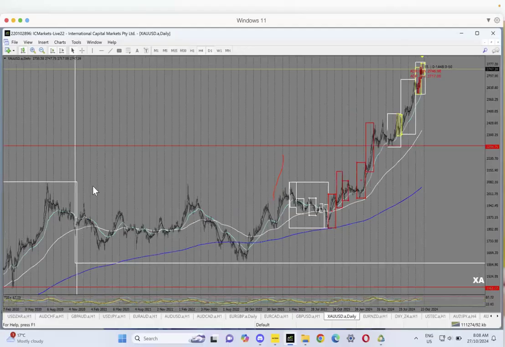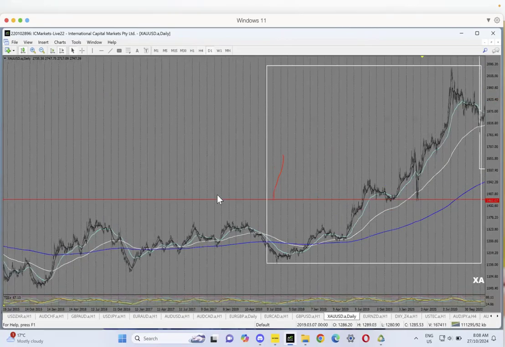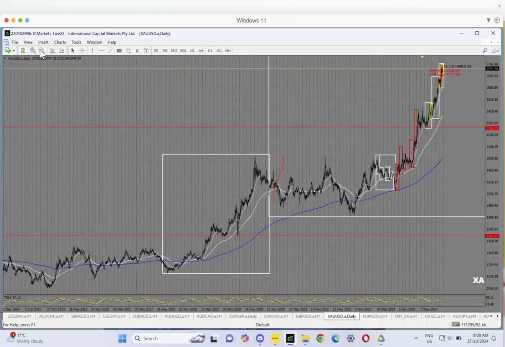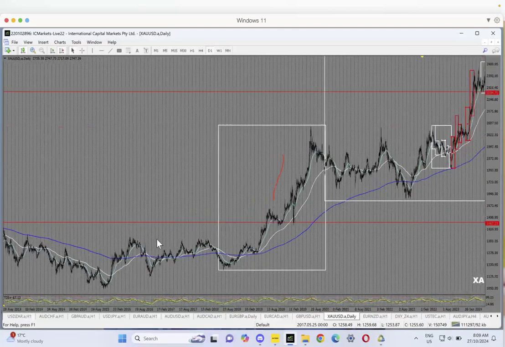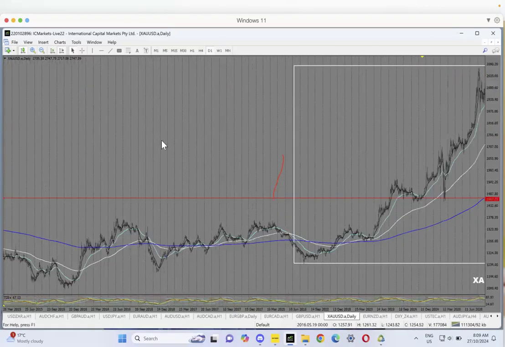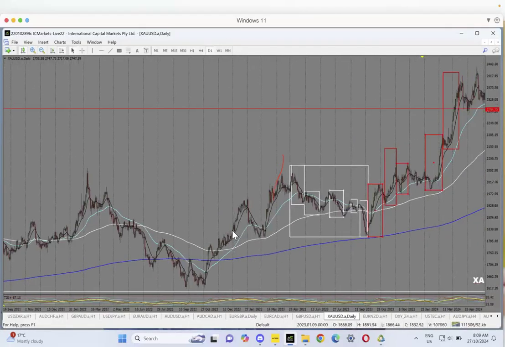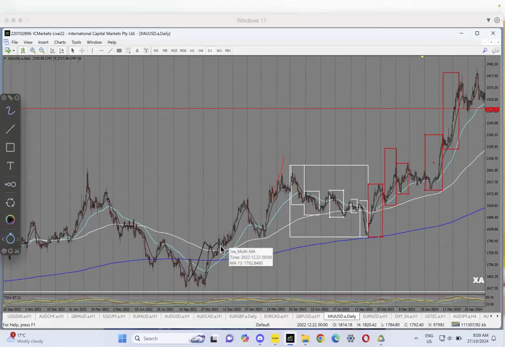Okay, let me go to D1 and show you. Even this part that we are referring to as 3 daily levels. Where is that part? Oh yeah, this part right here that we are referring to as 3 daily levels. Let me show you. Yeah, it's this one right here. Try and zoom further again. This part that we are referring to as 3 daily levels, if you go to the 4-hour time frame, you might find these are only 2 daily levels.